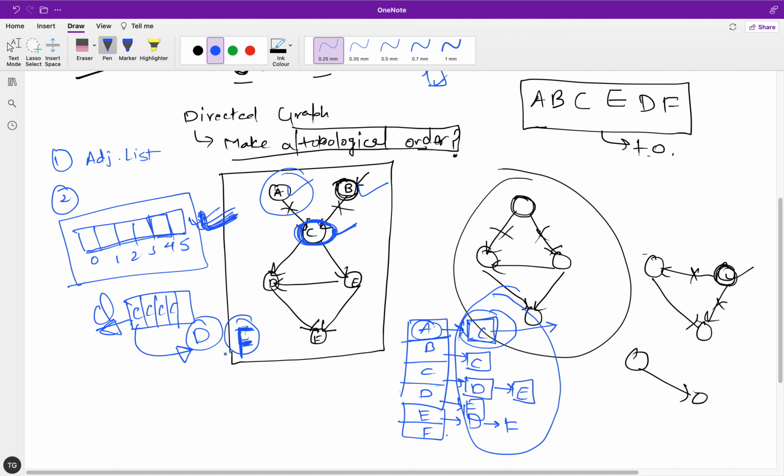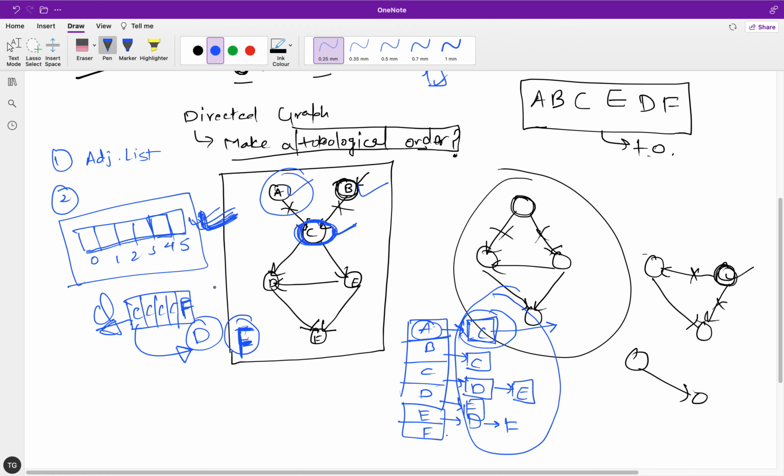Just after decrementing the in degree of a neighbor, you check if its final in degree has become 0, and then you push it into the queue. So it's our next candidate for processing, and you keep on doing that, right?